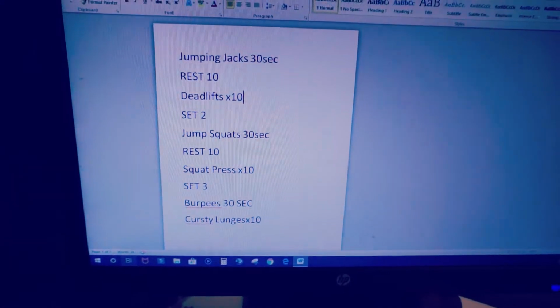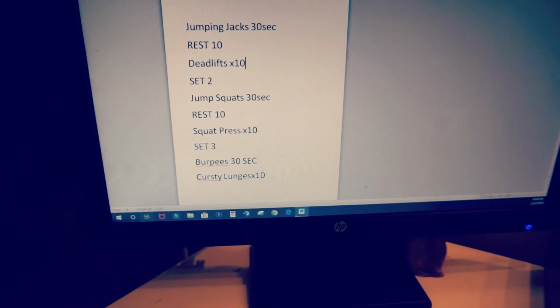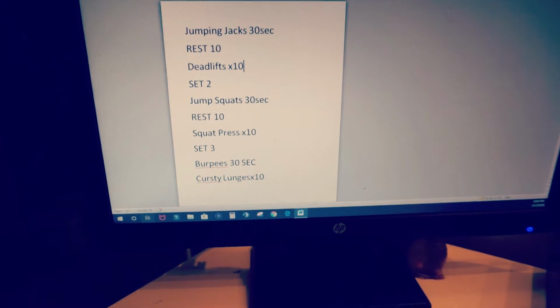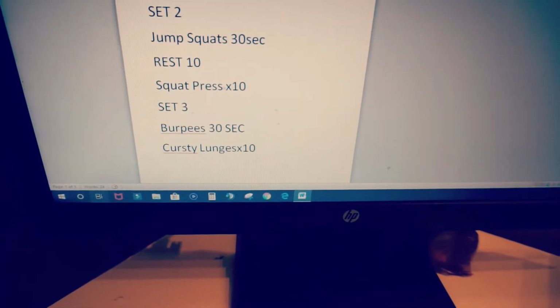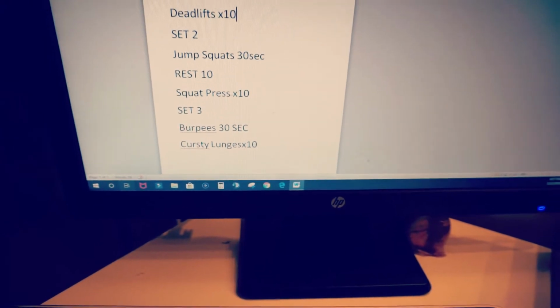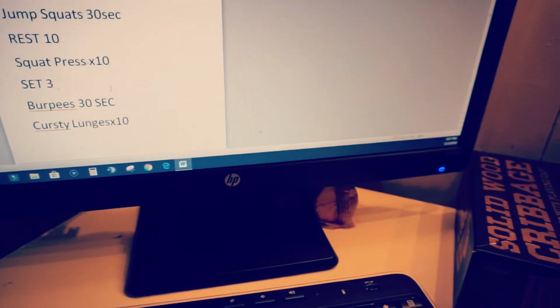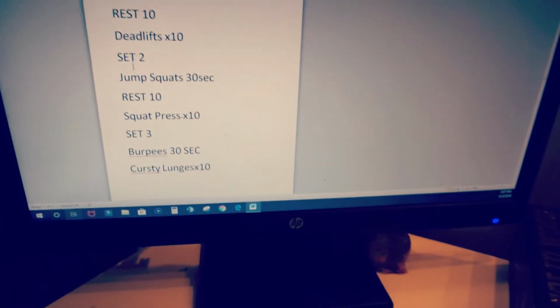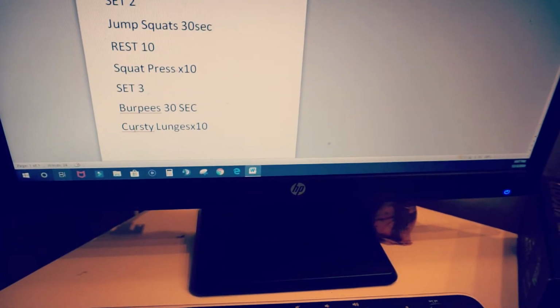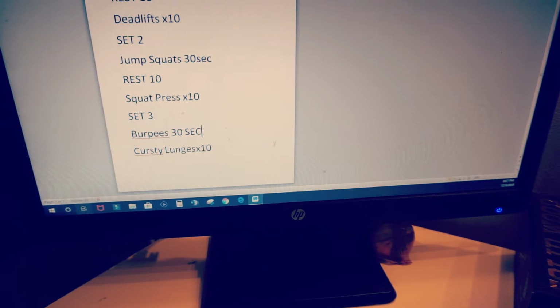We have jumping jacks for 30 seconds, rest for 10 seconds, deadlifts 10 reps for the first set, and then you have jump squats for 30, rest for 10, go right into squat presses for the second set, and lastly for the third set you have burpees for 30 seconds. I forgot to write it there, but basically it's just kind of repetitive. I would then rest for 10 seconds and hop right into the curtsy lunges for 10 reps. Now I'm supposed to do this times 3, but